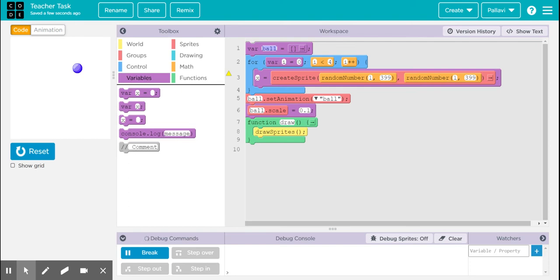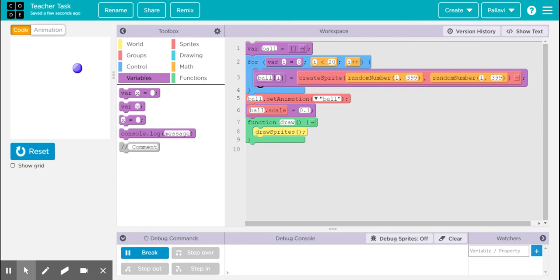Now you can choose any number. I'm taking 20 here. You can pick 50, 100 as well, 200, 300, 150, whatever it is. I'm taking 20. So this for loop is going to create 20 different sprites of the same kind called ball. So how is it going to work? I'm going to use this variable name ball and index i.